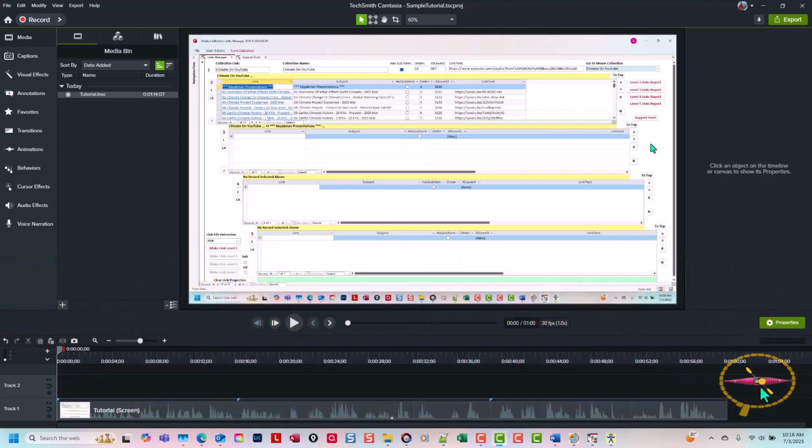I've loaded a short track capture that represents a sample tutorial that I want to produce. This track capture was originally narrated by myself. I want to replace my narration with AI-generated voice. I'll do this by creating a transcript of the current narration using screencast.com, and I'll use Windows Read Aloud in